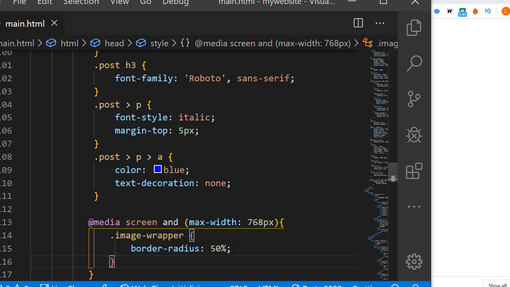What we are doing with this media query is that when our page is displayed on a screen that is lesser than 768 pixels or exactly 768 pixels, the border radius of the wrapper of this image will be set to 50 pixels, and that means it will only be